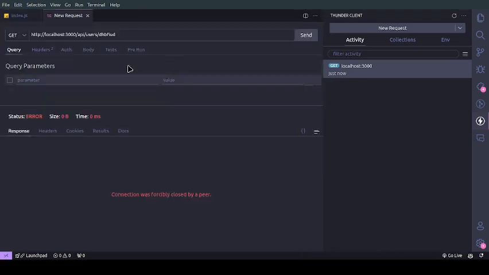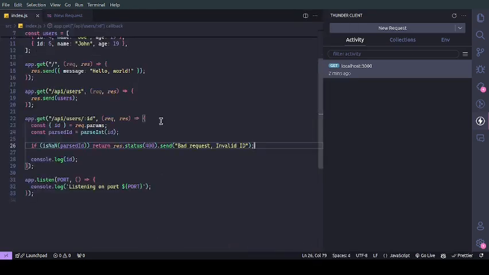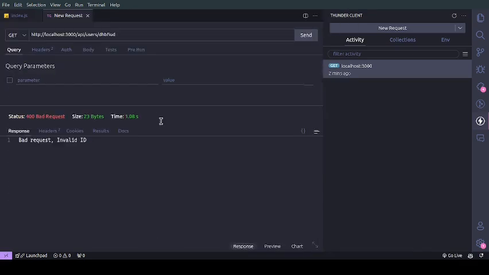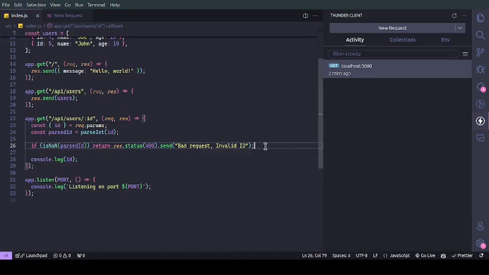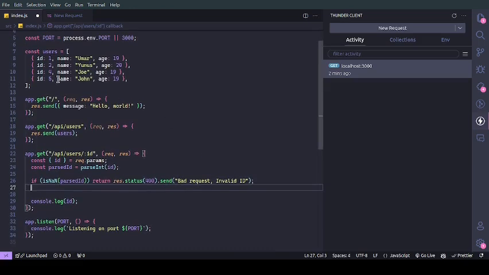So yeah, let's try sending this request again, and yeah, bad request, invalid id. Wow, it took 1 second, so that threw me off by taking that long. Let's go, 8ms, and we get the message here: bad request, invalid id. But if it's a valid id, we want to go ahead and check if it exists in our ids